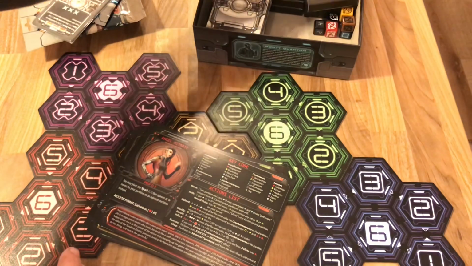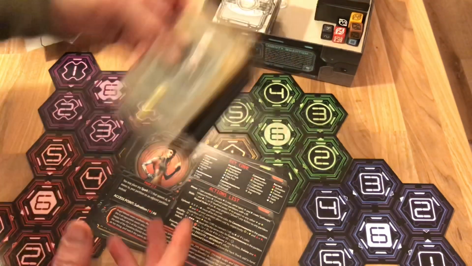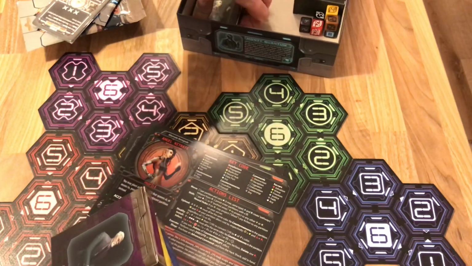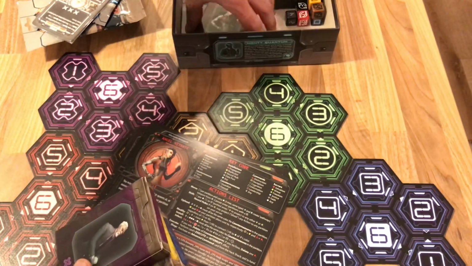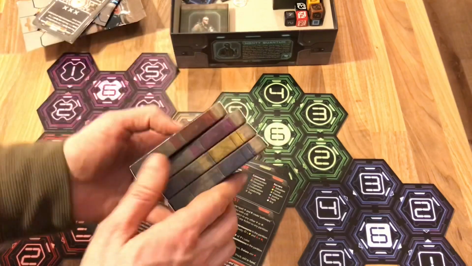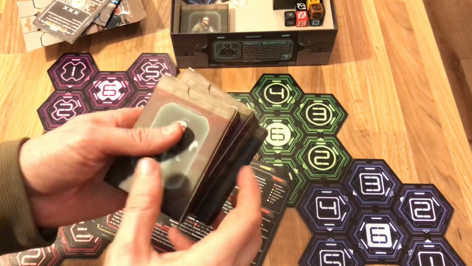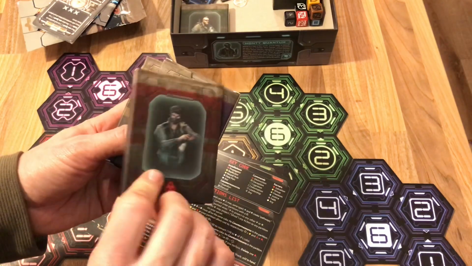With each of those standees or characters comes their own deck. Now this is the Kickstarter edition with a few extra goodies. I have these little tuck boxes. I don't think this is available in retail, but these are the different characters, and